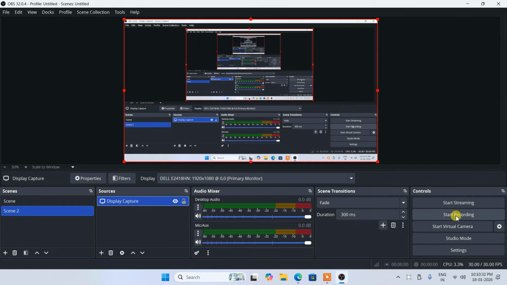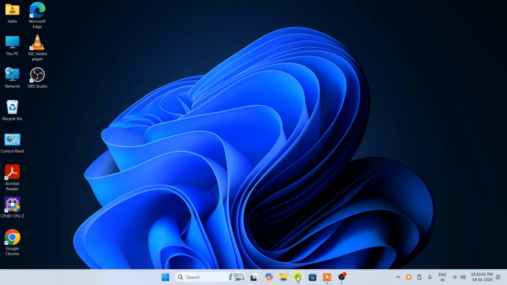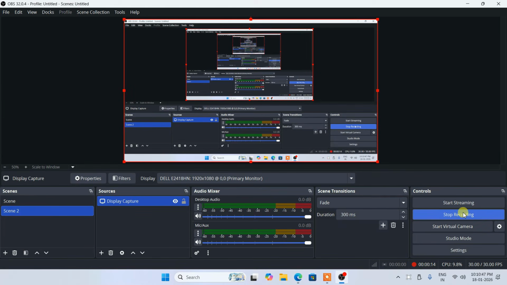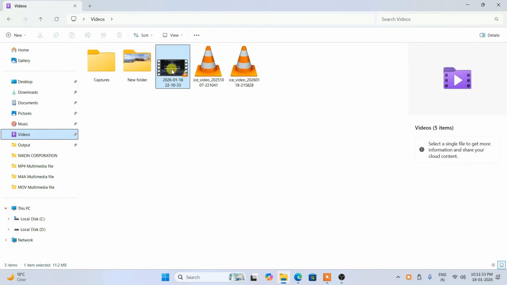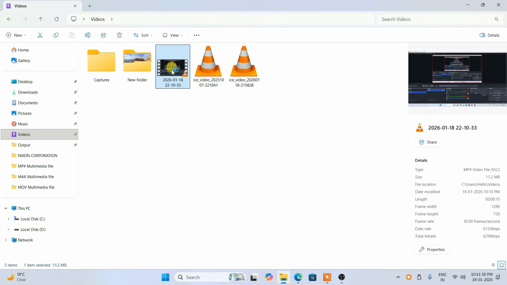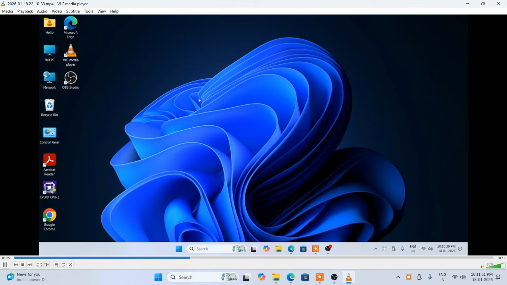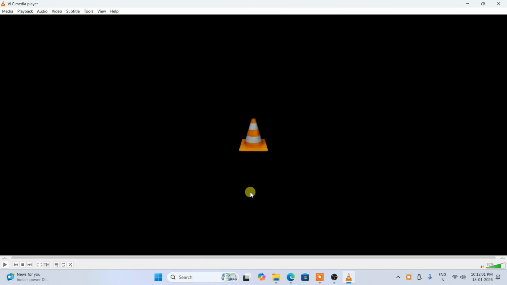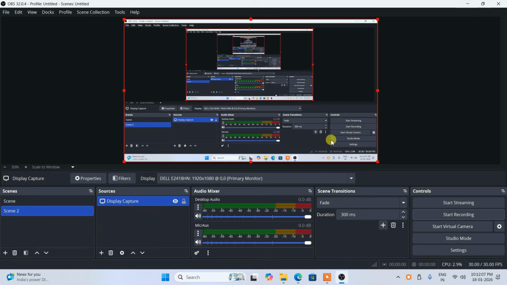And now to start recording, you need to just click on start recording, and you can see it immediately started recording. So whatever you are doing, going to a browser, scrolling up and down, whatever you are doing, it is actually recording. When you click on stop recording and go to the video directory, you can see a video file gets recorded. When you open that, you can see whatever you have done, like you went to the browser and scrolled up and down, all of it has been recorded properly. So that's how you install OBS Studio, and you can start recording your screen